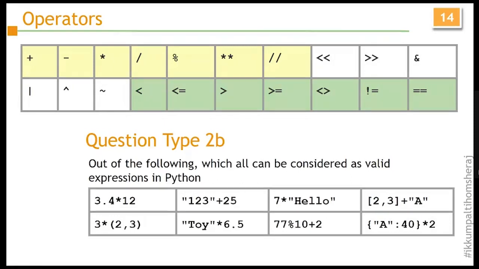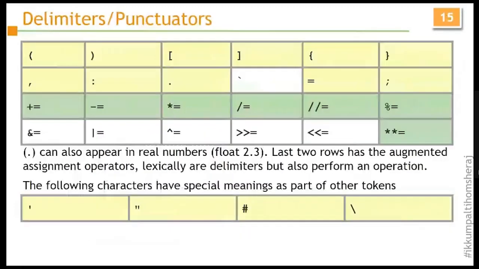So multiplication will work with tuple and list because repeated values can be present. In a dictionary, it will not work because repeated keys cannot be present in the dictionary. And that is the reason it is going to show an error. I hope it is fine. Next, we move to delimiters.